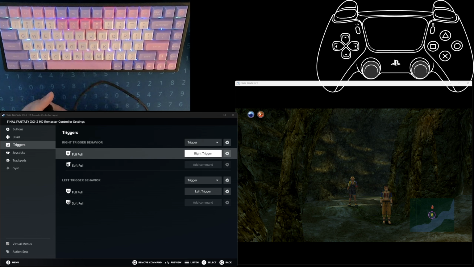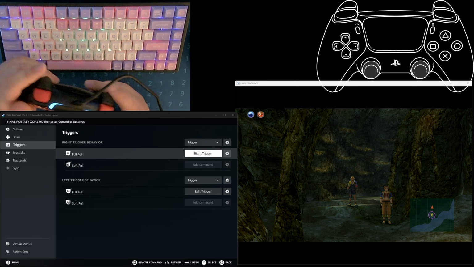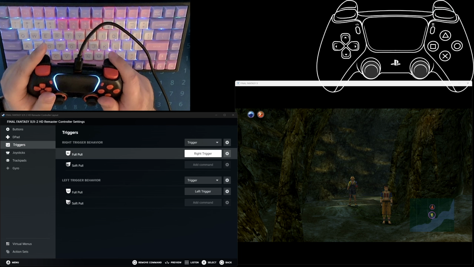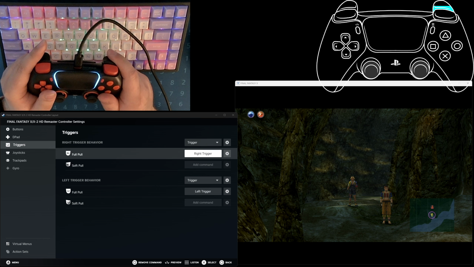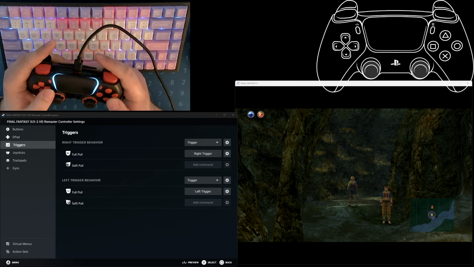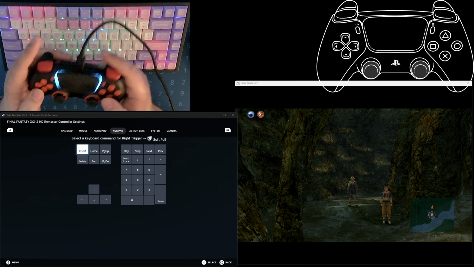So if you do a full pull, obviously you go full ham on this, but if you just slightly pull on the trigger, and you can see it in the controller overlay that it's not going all the way, that's a soft pull. And so what you want to do, if you want to use a trigger, you want to